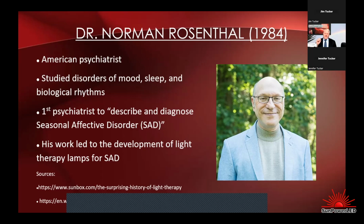But if you get that first shot, even of 10 minutes of that kind of light, first thing in the morning, it'll reset your clock and it'll help a lot. And the other thing you need to do is, if you are affected by light in a different way,